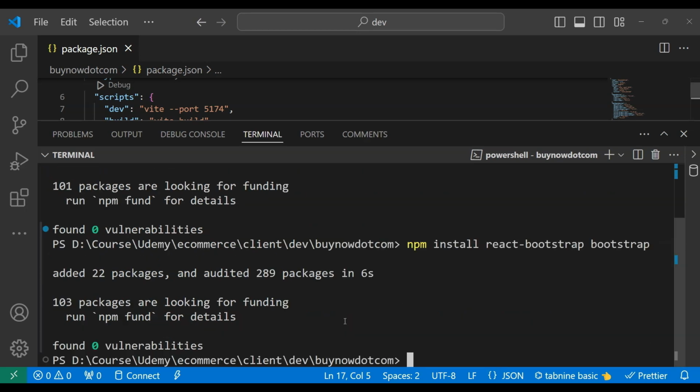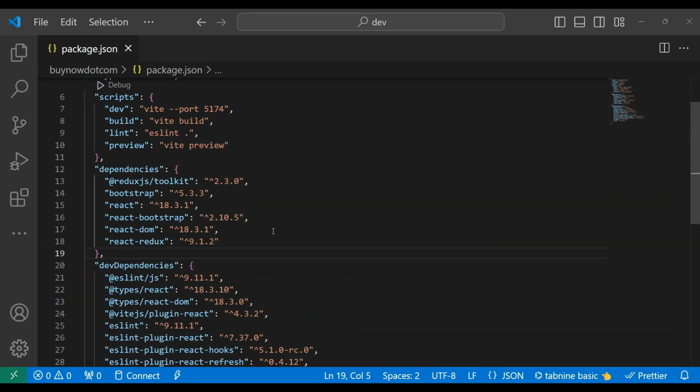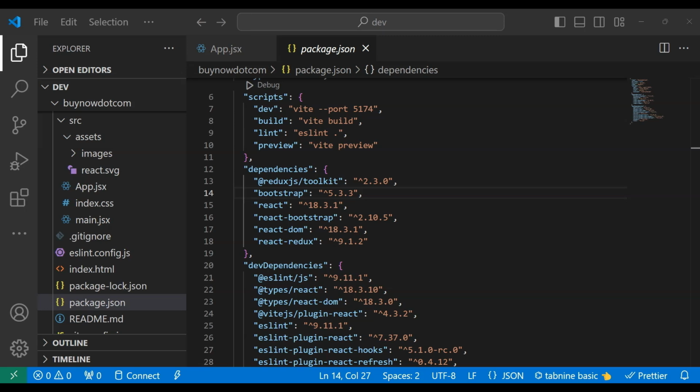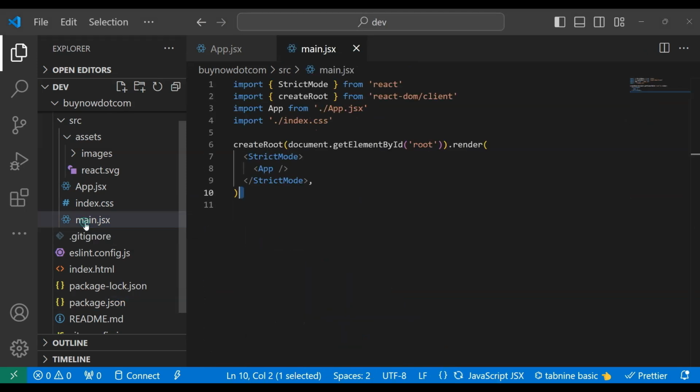Now it has finished installation. Let's close this and check it out. Here we have Bootstrap 5 point something, and here we have React Bootstrap version 2 point something. These are just the immediate dependencies we need for now. All right, now that we have installed these dependencies, the next thing we're going to do is go to this